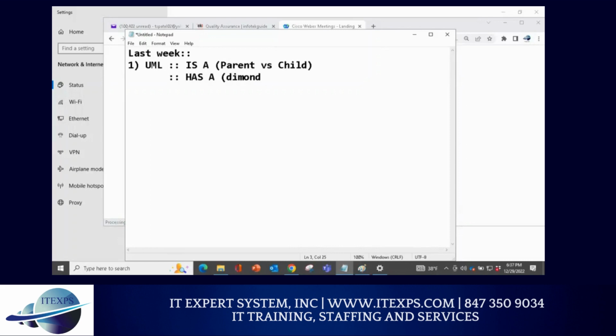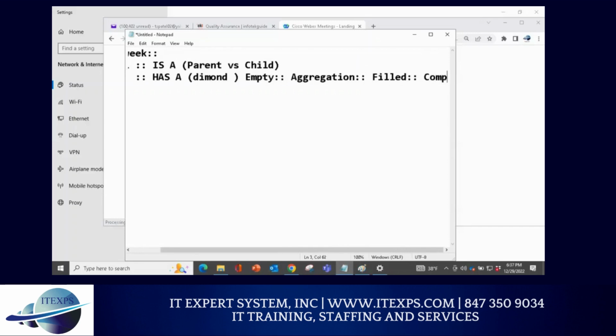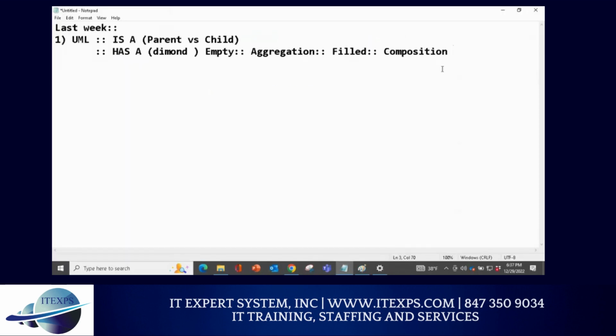When we talk about diamond, there are two diamonds. If it is empty, we call it aggregation, right? And if it is a filled diamond, we call it composition, right? We spent enough time on that. Composition means strong relationship. Then I started talking about interface, which we discussed in great detail, and abstract class, but